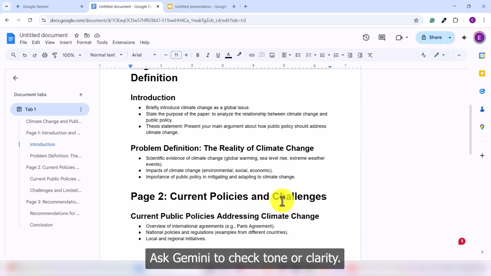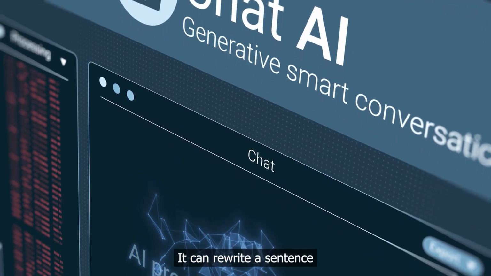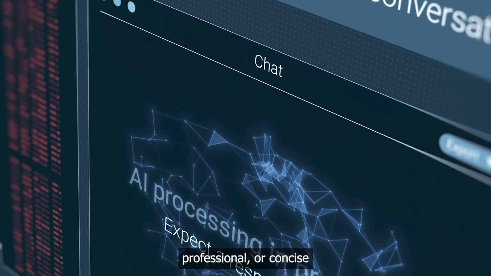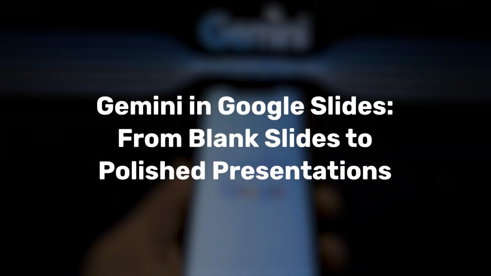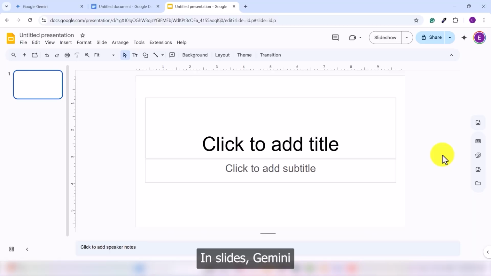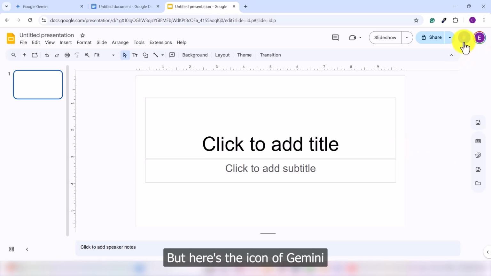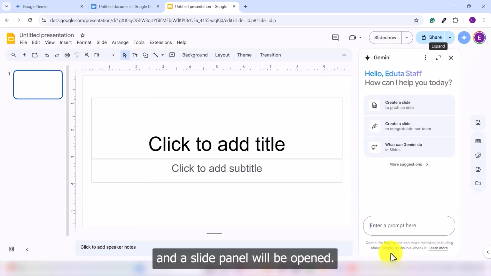Ask Gemini to check tone or clarity. It can rewrite a sentence to sound more persuasive, professional, or concise, depending on your need. Gemini in Google Slides. From blank slides to polished presentations. In slides, Gemini shows up a little differently. You will often see suggestions in the slide panel, especially when you are working on speaker notes or writing slide content. But here's the icon of Gemini, and you can click on that and a slide panel will be opened,